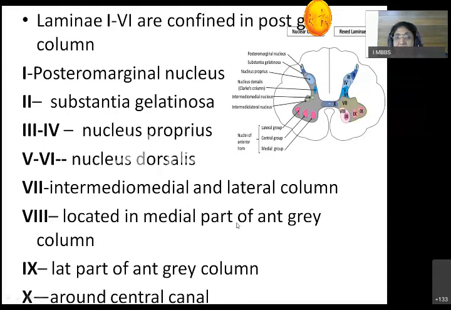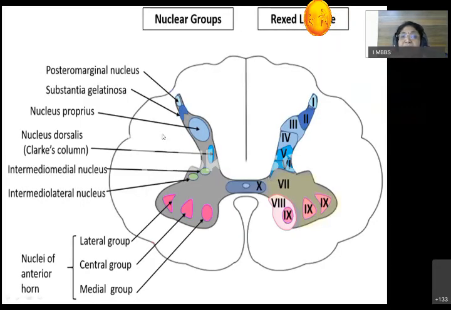Now here you can see this is the gray matter of the spinal cord, and these are the various laminae, and these are the various nuclei. So here again you can see the first lamina corresponds with the posterior marginal nucleus. The second lamina corresponds with the substantia gelatinosa. Third and fourth correspond with the nucleus proprius. Fifth and sixth correspond with the nucleus dorsalis. Intermediomedial and intermediolateral nuclei are present in the